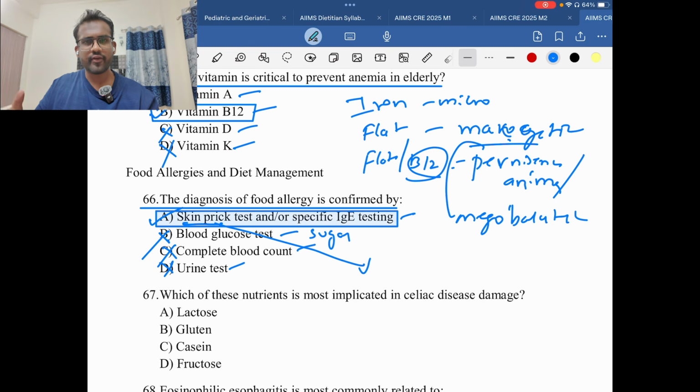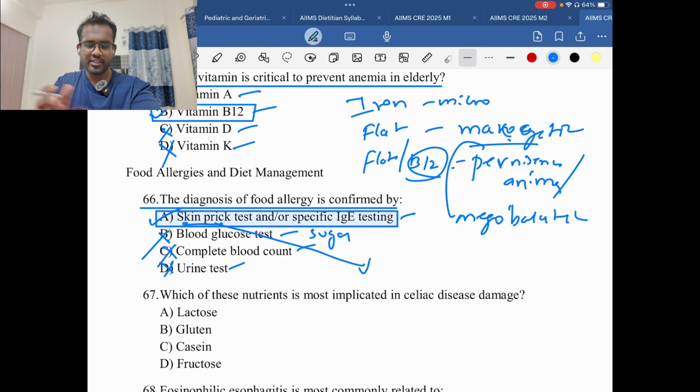And there are multiple kinds of tests used to find food allergies, like the skin patch test. In the patch test, you apply a small amount of allergen to the skin and leave it for some time. They will find out whether there are some rashes or some kind of reaction happening on the skin. That is called patch test. Okay, and there is another test called